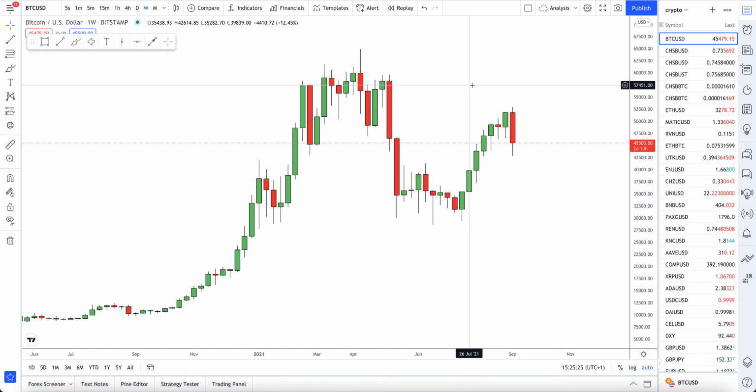What's interesting to note, as a quick side note, is that Ethereum has actually been stronger than Bitcoin recently. Maybe I'm going to do some more analysis on that, figure some things out, and let you guys know. It's mainly Bitcoin related, but I find it interesting that Ethereum's been running a little bit on its own.